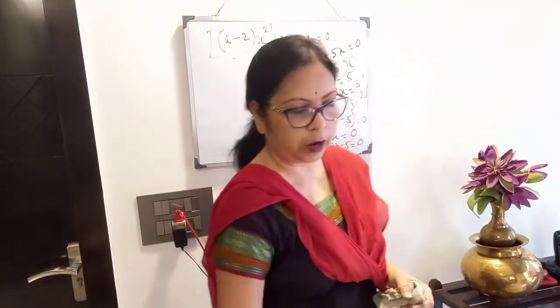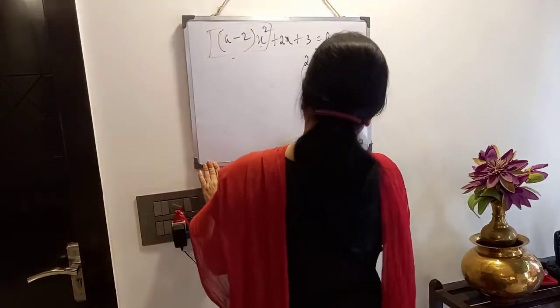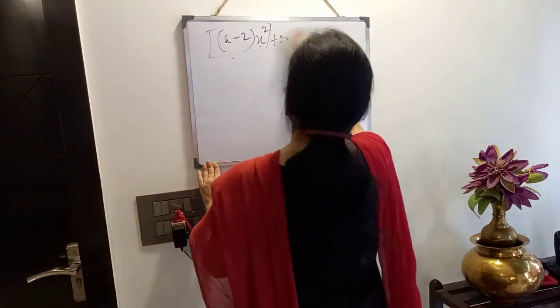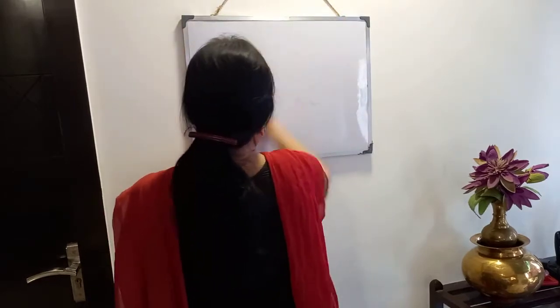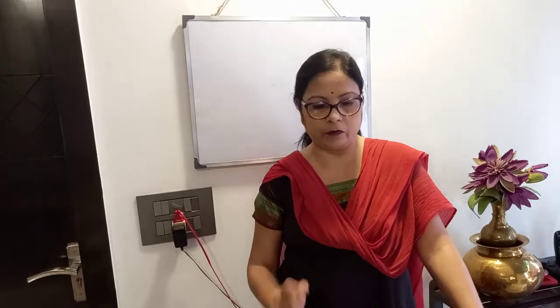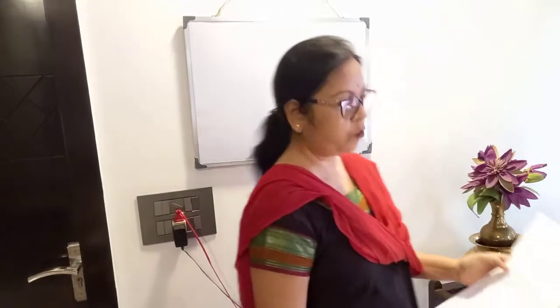Clear? Now I am going to start the main problems. Here in your syllabus there is solving of quadratic equations. There are different methods. One method is to solve the quadratic equation by the factorization method. Another is to solve it by using Sridhar Acharya's formula. Clear? I think all of you know what Sridhar Acharya's formula is. Afterwards I will write it down. First I will show you how you can solve by the factorization method, doing one sum.